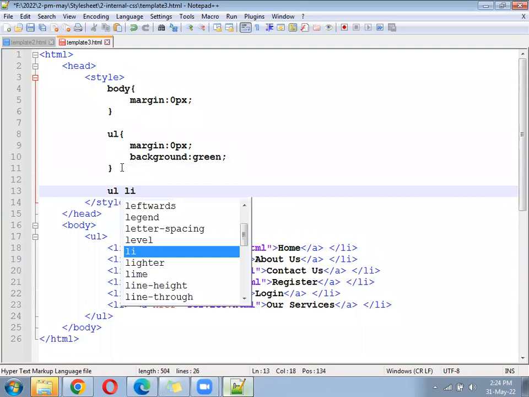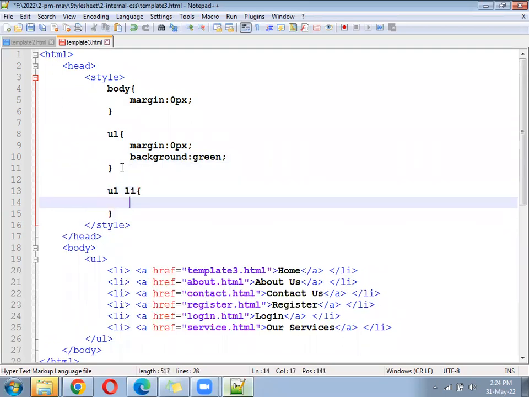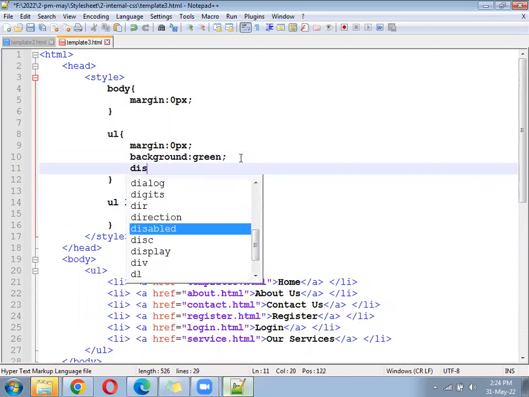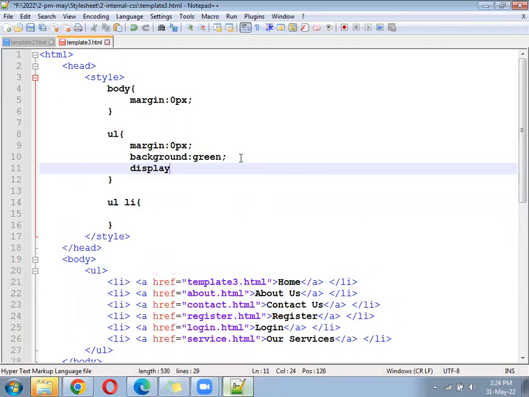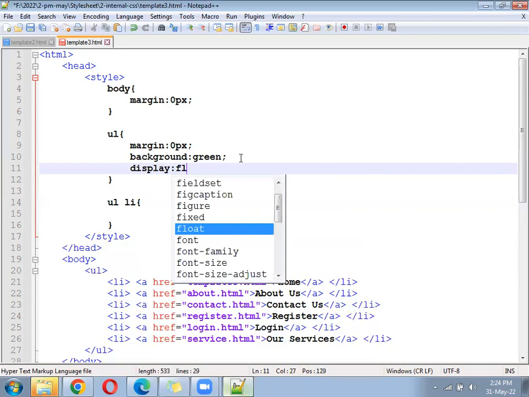UL space li, here you can write display flex, display colon flex.